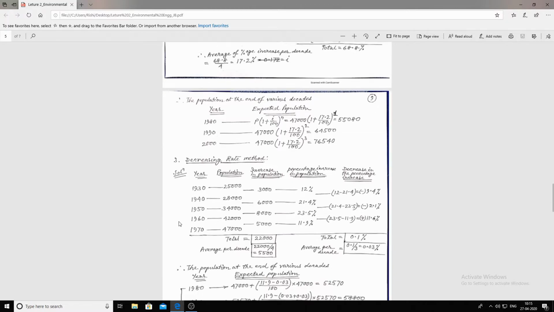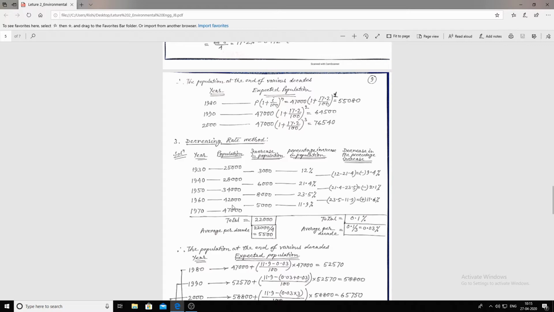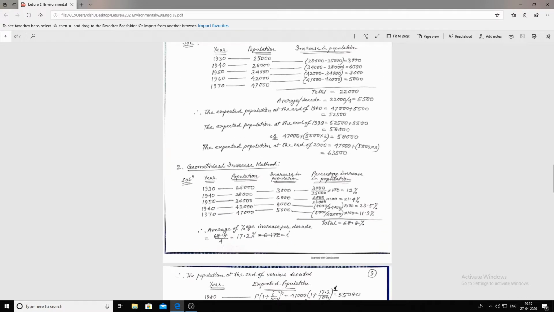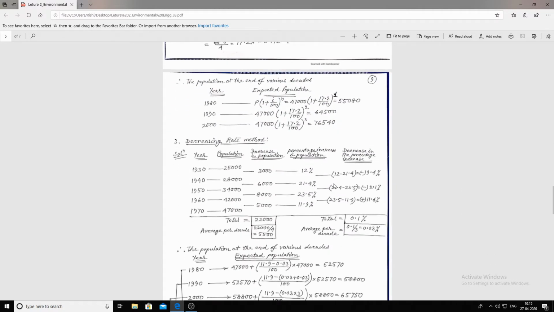We have already calculated these 4 columns in the previous method, the geometrical increase method. So, one column is to be added further beside it, that is the decrease in the percentage increase. Please note this,